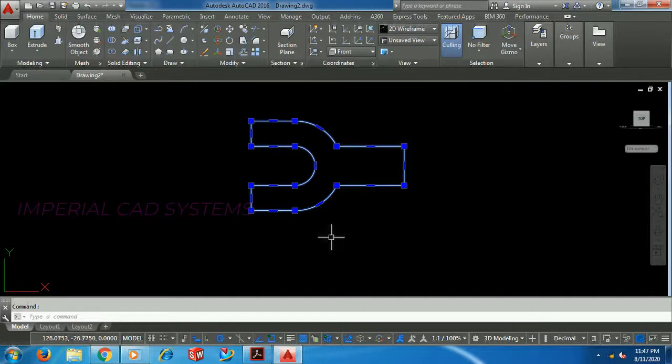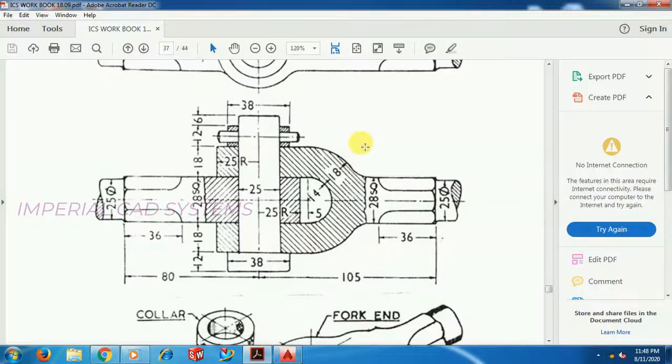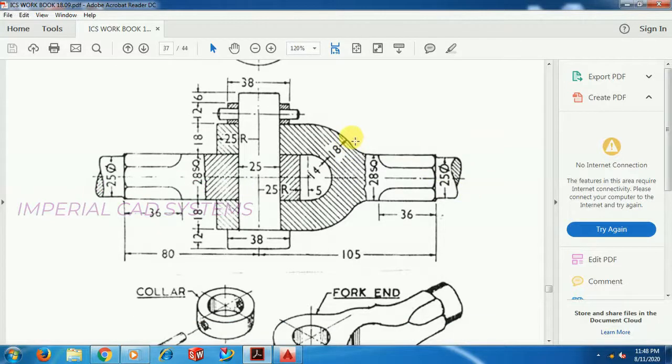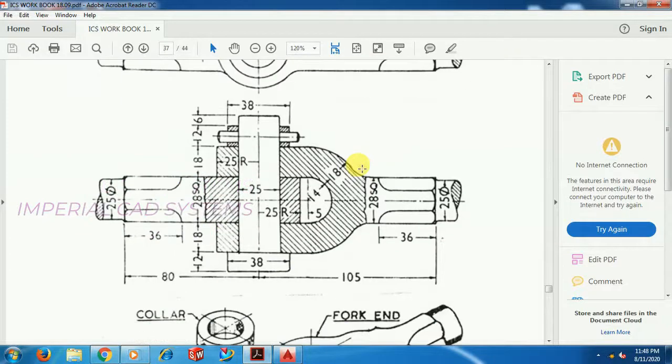Then we can also give a corner here at this edge. Here it is not particularly mentioned, so I give 10 mm.